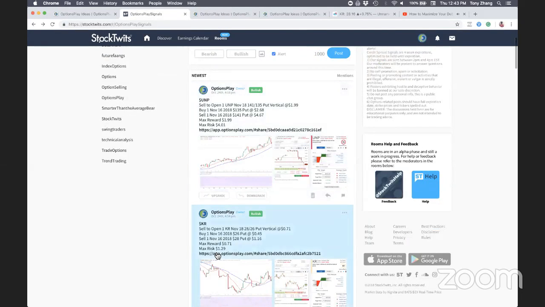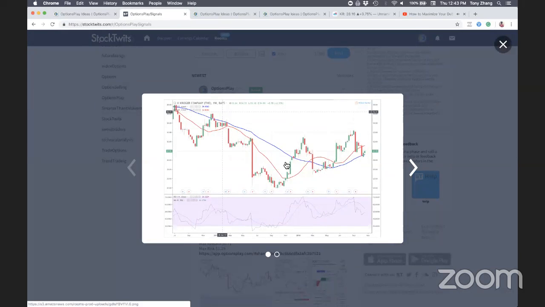So the other one I want to take a look at is Kroger. Here's a stock that has been doing quite poorly, but recently started to turn around. When I say recently, I mean in 2018. These are weekly charts, by the way. As you can see, it started making higher highs and higher lows, and the moving averages crossed over, with the 20-day crossing above the 50-day this year. It's starting to move a little higher, and it bounced off this 50-week moving average and is starting to move higher.